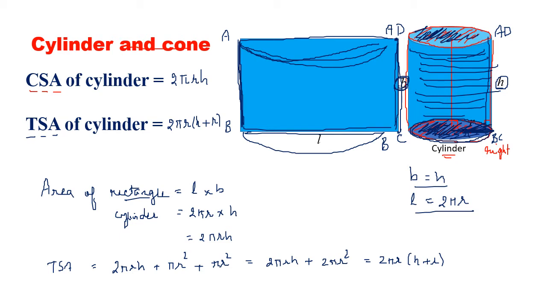So we have got two formulae for today's lecture. The CSA of a cylinder, curved surface area, which is 2 pi r h, and the TSA of the cylinder, which is the curved surface plus the top and the bottom, which is flat in the form of a circle. So what is the cylinder having? The cylinder has got a height h and a radius r. Only two things are important to know about the cylinder: the height of the cylinder and the radius of the right circular cylinder. So now we are going to try out a few examples to understand the cylinder in detail.